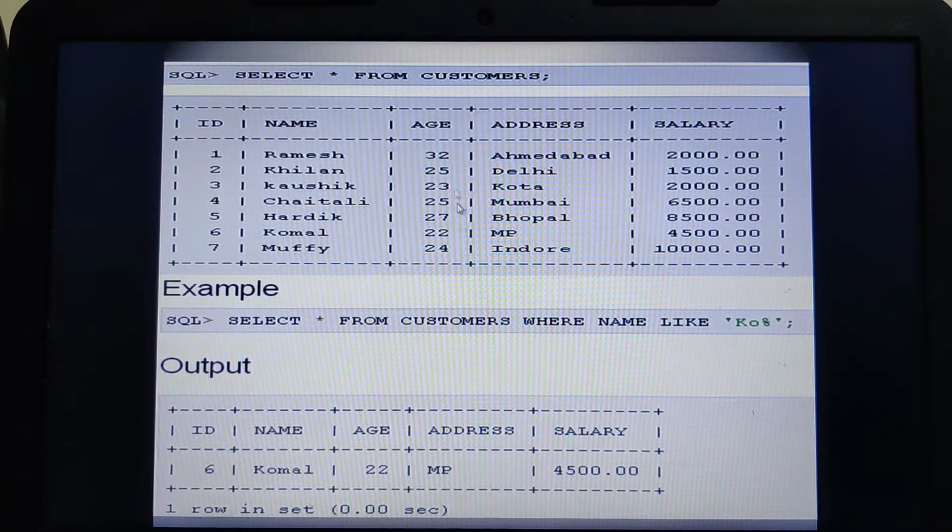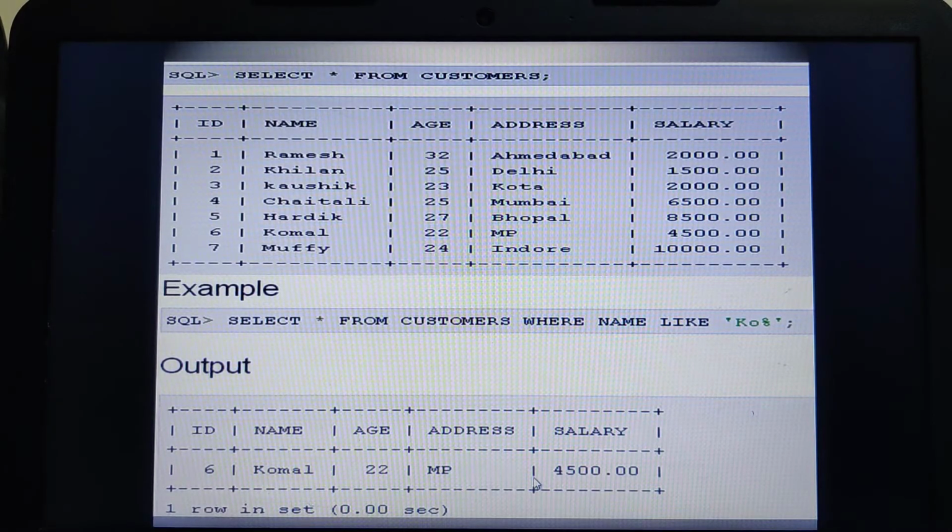Now similarly, the same query I can write on address also. I can write select star from customer where address like, I should mention the field name, address like, then mention here DE, capital D and small e. Then since I am using select star, the entire record related to Delhi would be retrieved here.